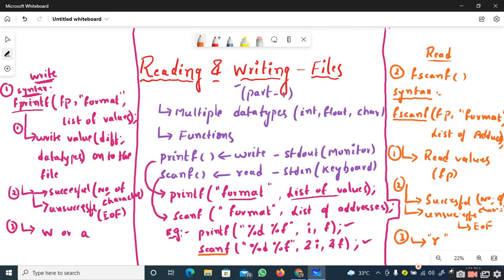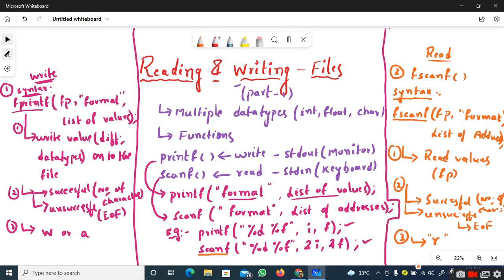So these are the two different functions that are supported by the C programming language, which help the programmers to deal with multiple data types or multiple values with respect to files. Now let us go into a simple program.